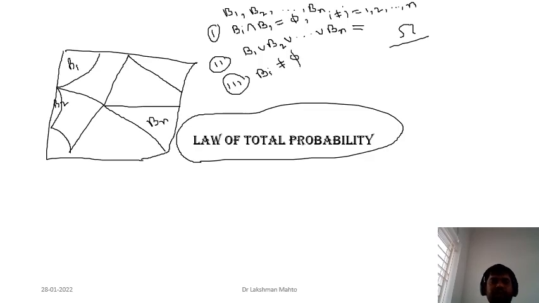So you can observe that simply you are introducing a partition, the same concept that you have already gone through in Riemann integration, where we do a partition of a given interval. Here we do a partition of a set. We have a sample space, which happens to be a set, so we do a partition of a sample space. This Bi is defining a partition of the sample space.